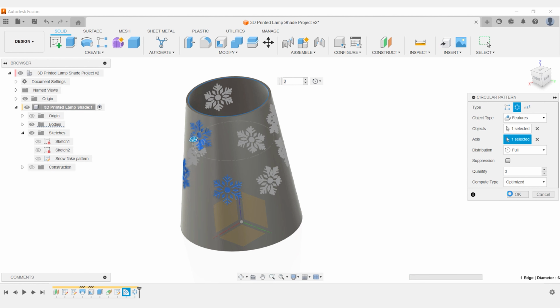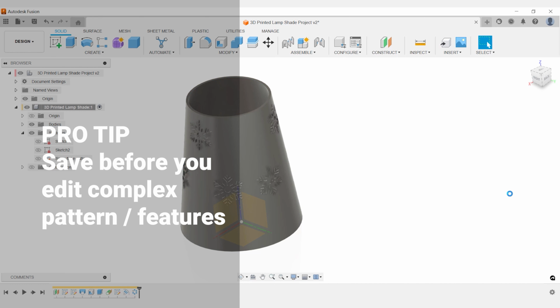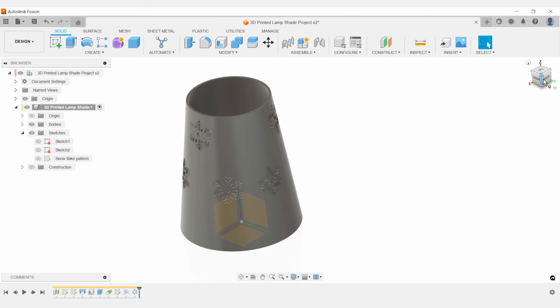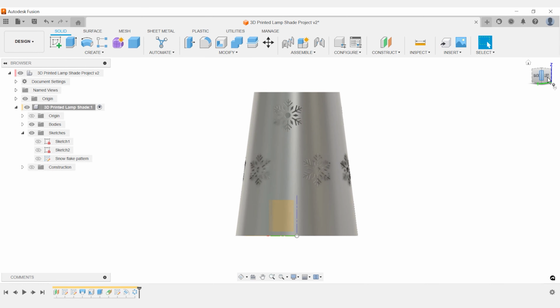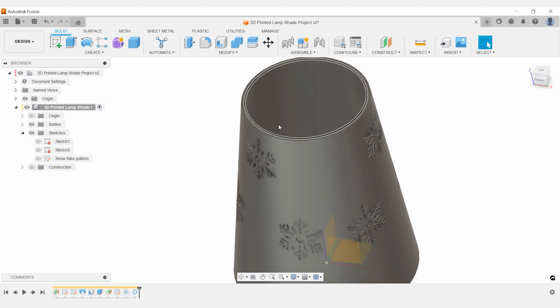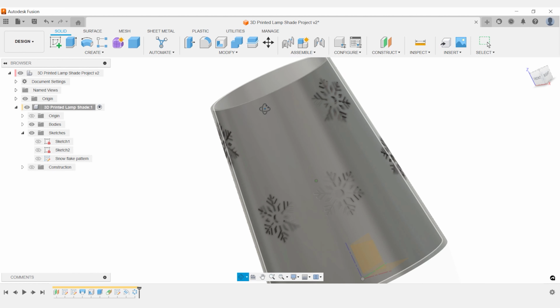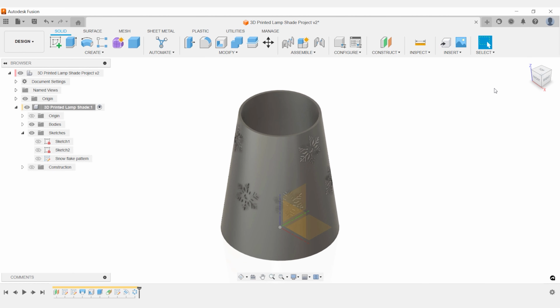And a quick pro tip. Save your work before you edit your circular patterns if they are complex and require a lot of computer calculations. I iterated this circular pattern a few times before I 3D printed it, and this is what the final product